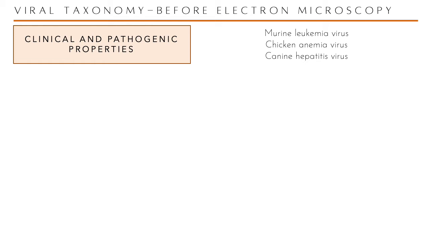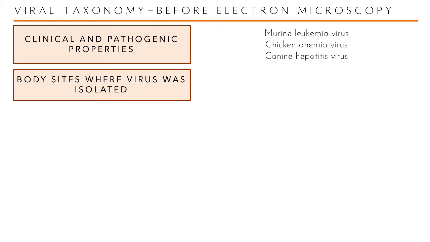Another way that they used to name viruses would be the body sites where the virus was isolated. An example of that would be the rhinovirus, which was isolated initially from the nose, and the adenovirus, which was isolated from human adenoids. Adenoids is a patch of cells adjacent to your tonsils, which is also a member of the lymphatic system. So the tonsils, as you may know, is a parenchymatous organ. You could actually see it, you could touch it and such, but the adenoids is just a patch there on